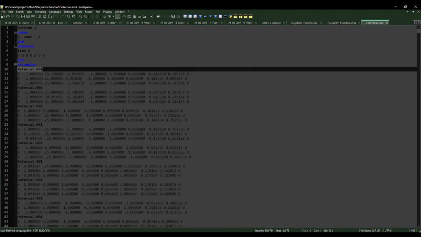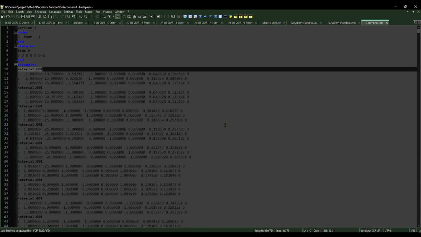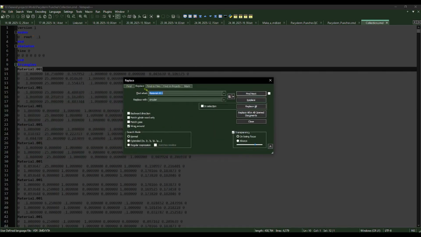Now there's probably a better way to do this somewhere in here, but the way I've found to do it is to, I'm using Notepad++ by the way. In here we'll just go find and replace, and we'll replace that with my material name in one of the later files. So if we replace all,